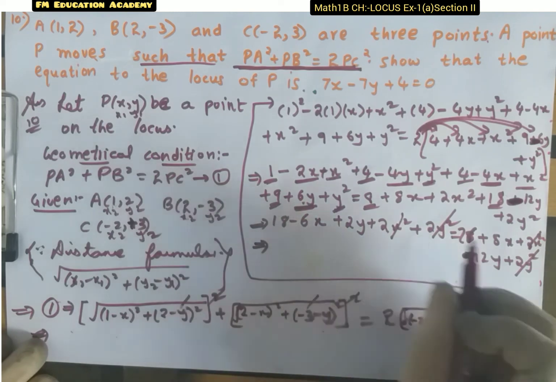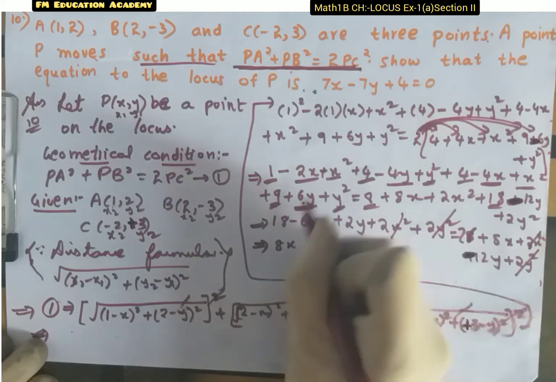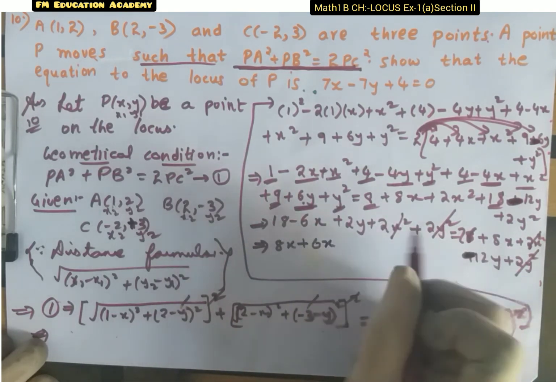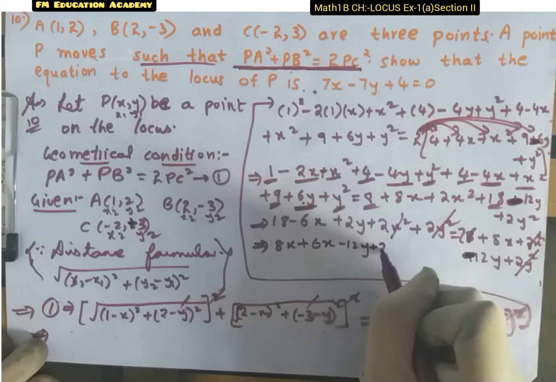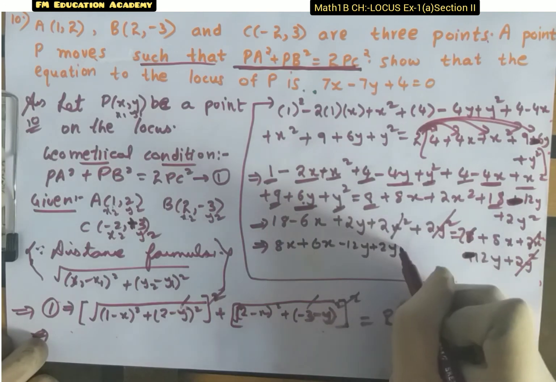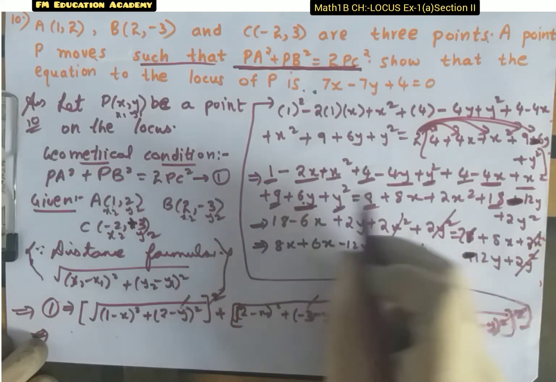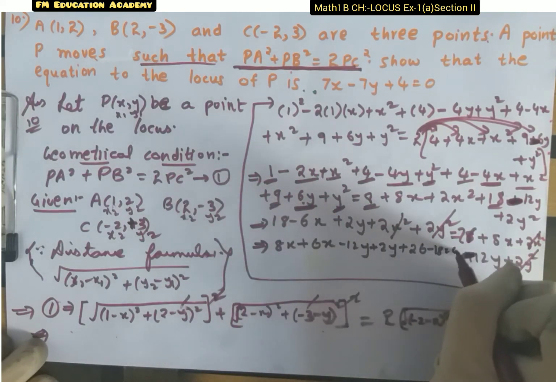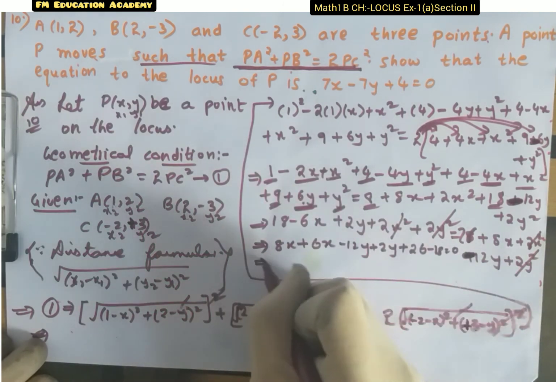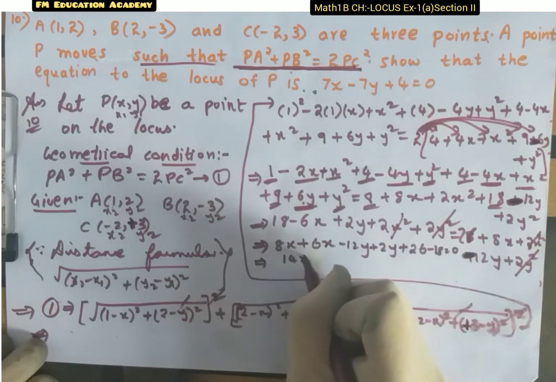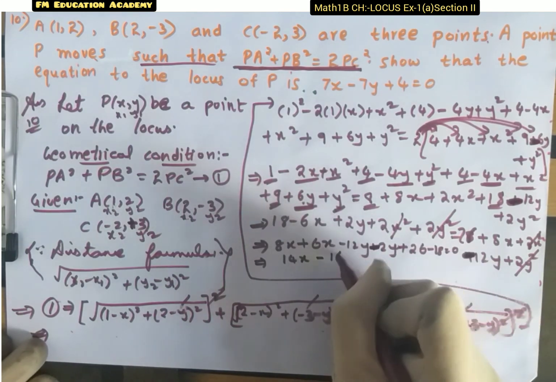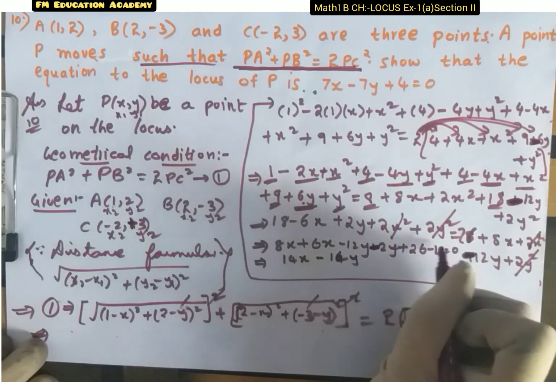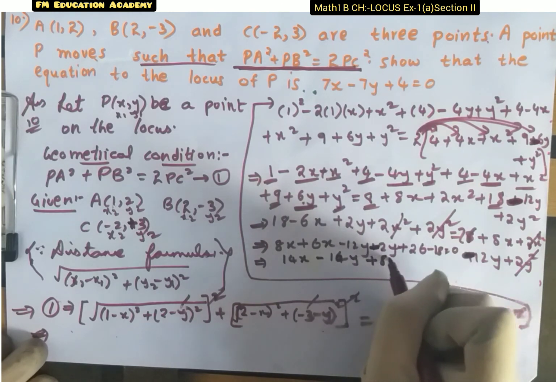First we'll write x terms. Here we have 8x minus 6x if it goes that side plus 6x. Here we have minus 12y plus 2y if it goes on right hand side plus 2y. Here we have on constants plus 26 plus 18 if it goes outside becomes minus 18. Nothing is left on the RHS, so it will become 0. 8x plus 6x is 14x plus 12y if it goes outside becomes minus 2y. So minus minus add them. 12 plus 2 is 14y plus 26 minus 18 will give us plus 8 is equals to 0.